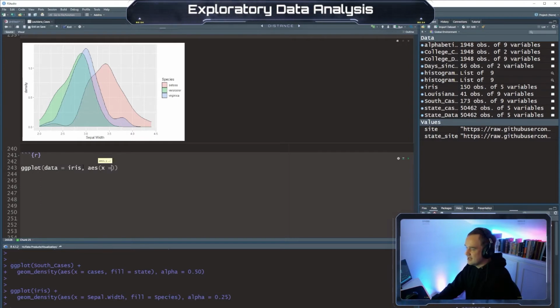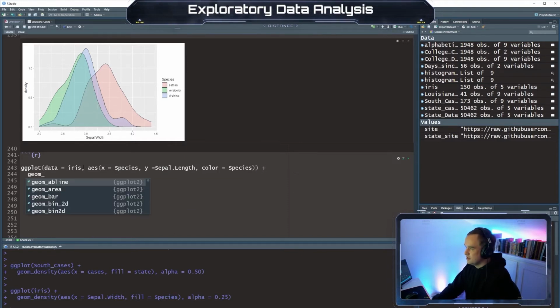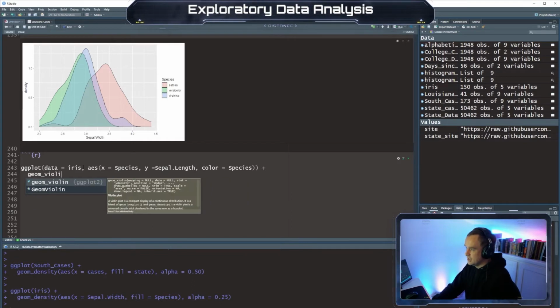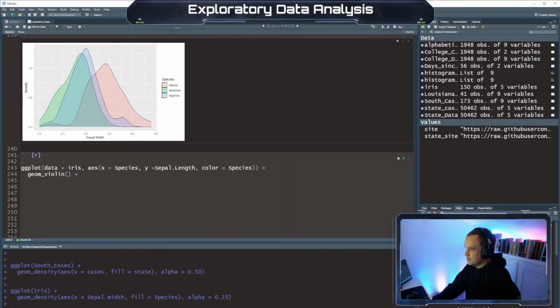Aesthetic, x equals species, y equals sepal length, color equals species, and geom violin, so that is our layer we're adding, theme classic,